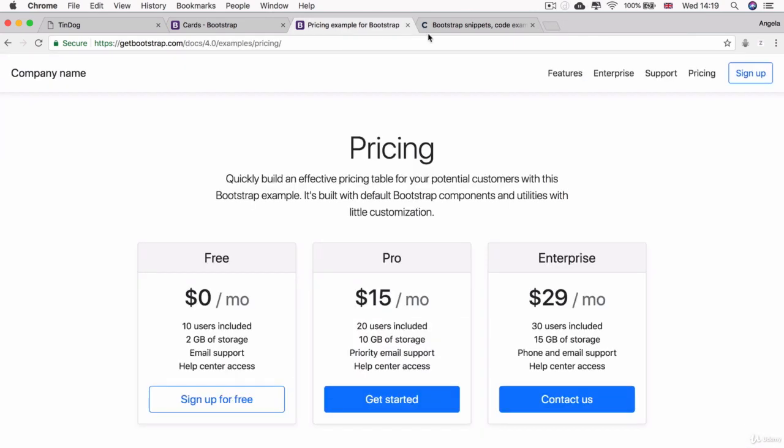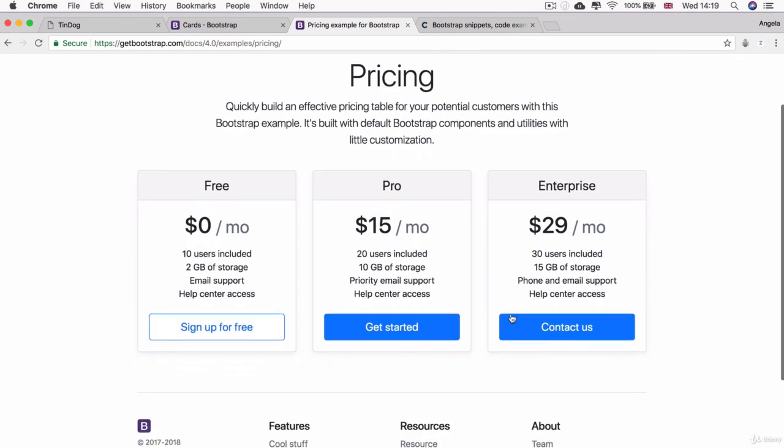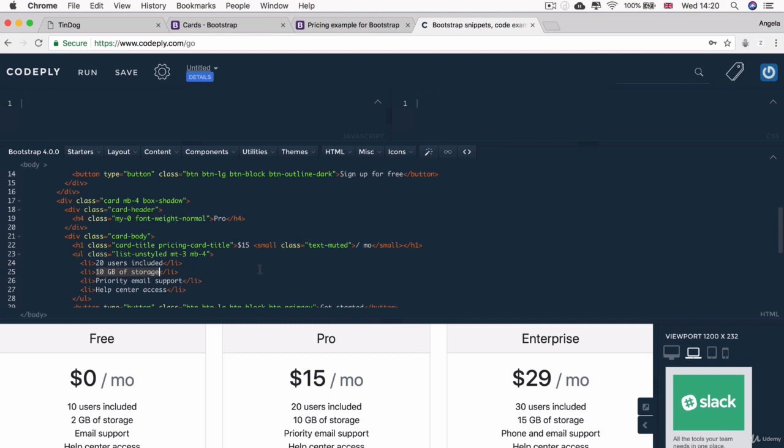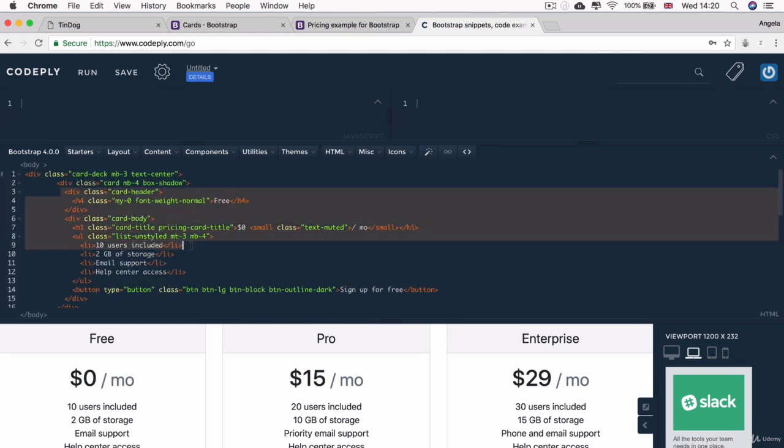But, you know, in our case, we're learning about Bootstrap. So as always, we want to understand what we're doing before we start just blindly copy and pasting code. So let's try and understand how this pricing table was constructed and create our own using the same underlying Bootstrap components. So in the example code that you see here, the word that comes up the most often is this